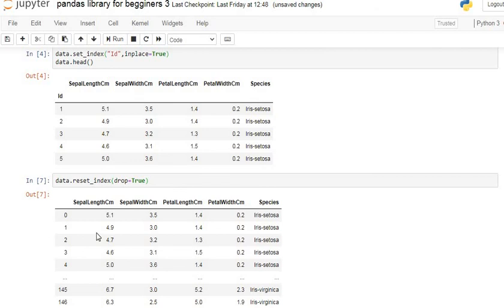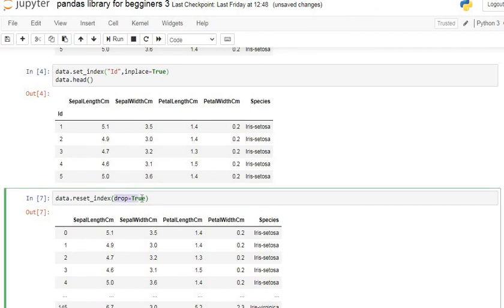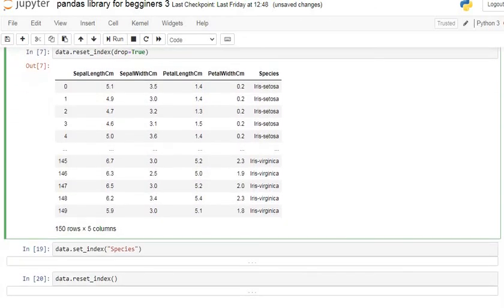So let's execute our command line. You can see this is our index column 0 1 2 3 4, and the id column is removed from our data. That is, it was basically the index column in this data. When we use the reset_index function, inside that you use the argument drop equals True or drop equals False as you want.